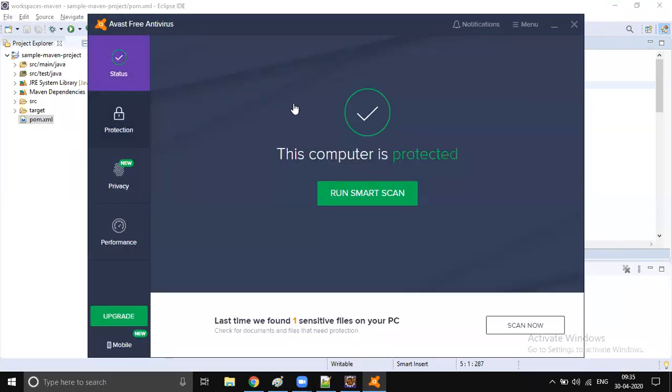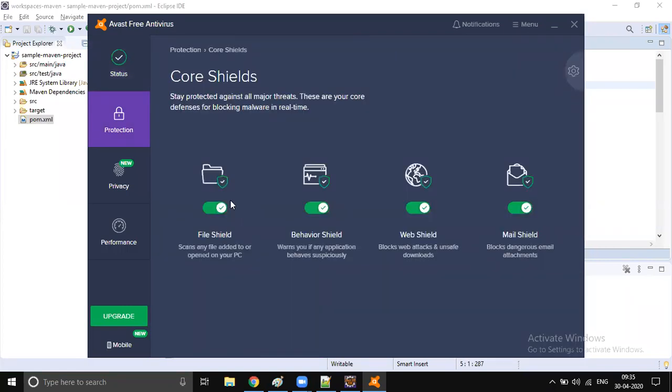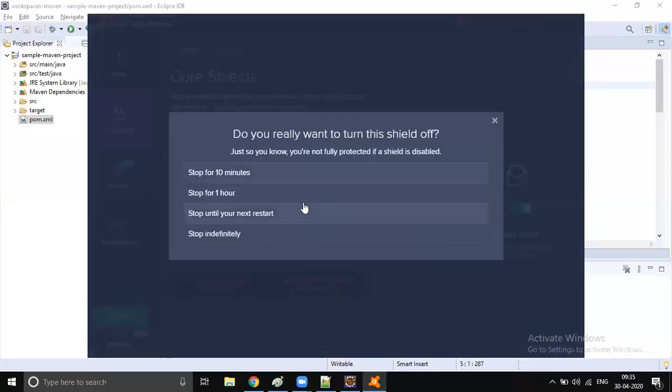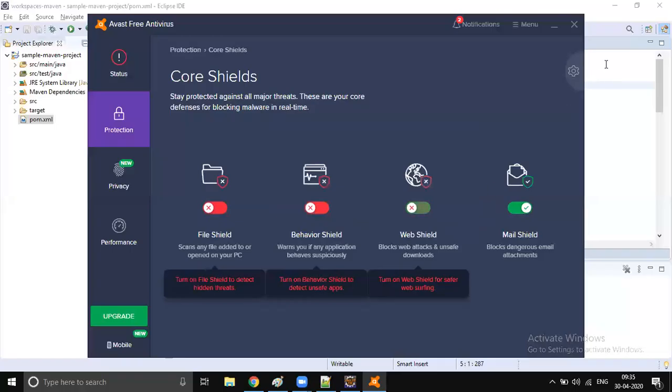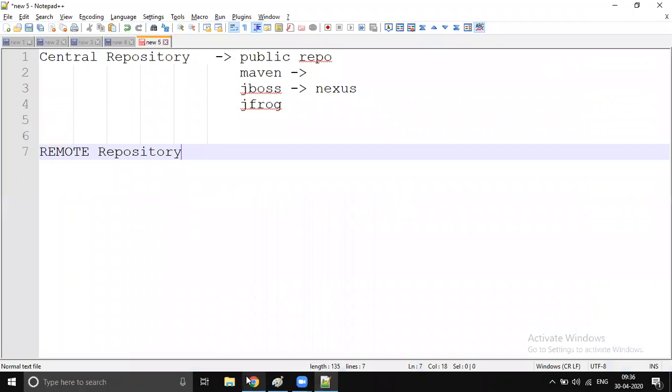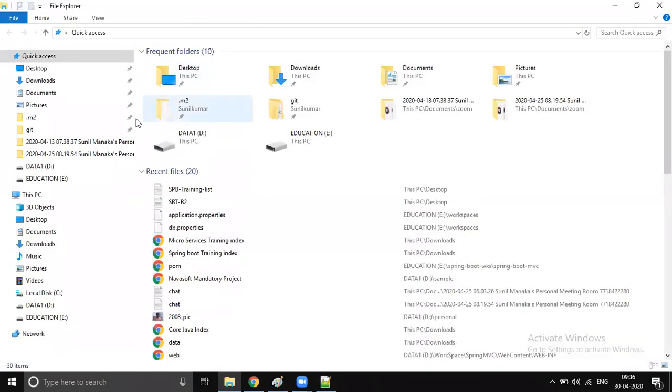Let me disable the security for some time, for one hour. So I disabled a few security features. Now I'll close my Eclipse.